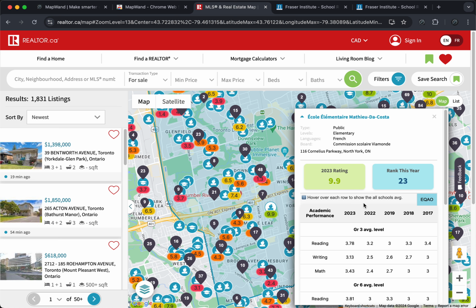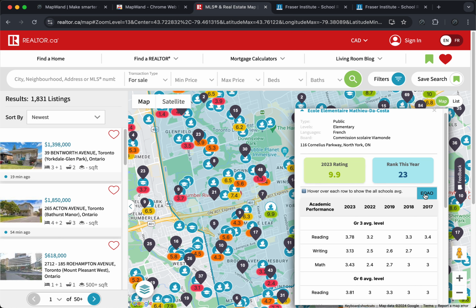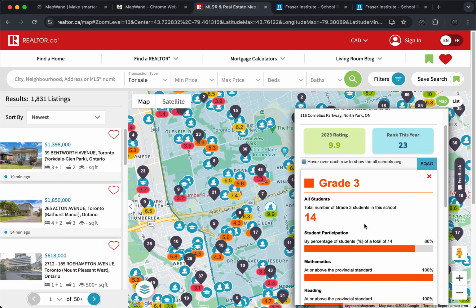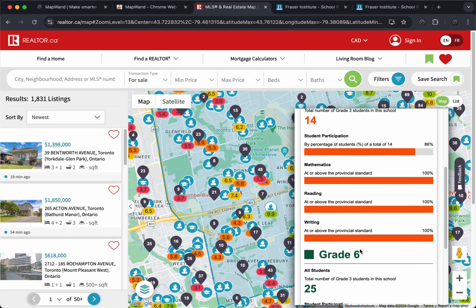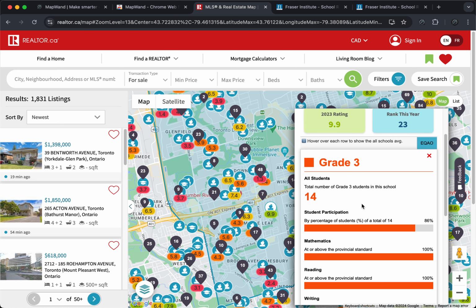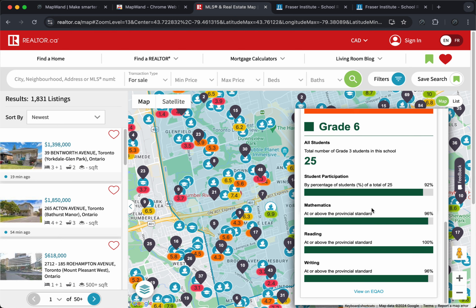We also have some provincial specific features. So in Ontario, we have this EQAO button. That's another report provided by EQAO. That's different from Fraser, but that's also a very important one to check if you are comparing between schools. You can click that button, and here you will see grade 3, grade 6. So these are from the EQAO report, not from the Fraser one. And if you want to see more, you can click view on EQAO